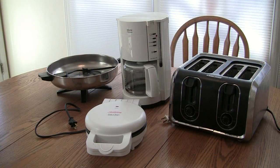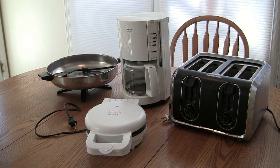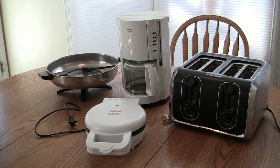Now, some of you may have a generator and say, I am all set. I can use my electric frying pan, microwave, toaster, waffle maker, and coffee maker. I would ask you, how much gas do you have for your generator? My small generator, in conjunction with my solar panels, uses 10 gallons a week. Trying to run a larger generator for the same time frame jumps it to 40 gallons. The local gas station may not have a generator to run their pumps during a long-term power outage. Having sustainable fuel may be an issue if you're depending on your generator. So while I have one, I'm still going to make sure that I have additional options in order to cook